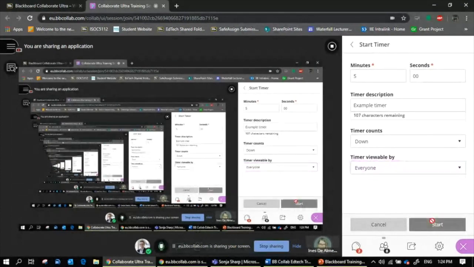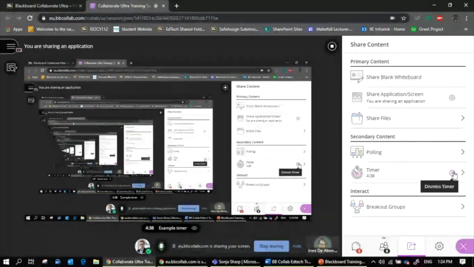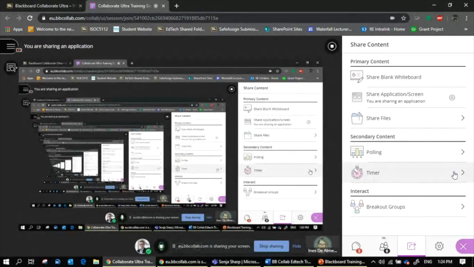All right, and if I say start, you'll see the little timer appear at the bottom with example timer. When you go into breakout groups, this is generally a good idea to start if you're the moderator. Then you can hide it if you wish, or show it, and then our little stop button here says dismiss the timer. Okay, so now we're going to move off the share content. If there are any questions regarding the share content, just ask. Otherwise, I'll move on